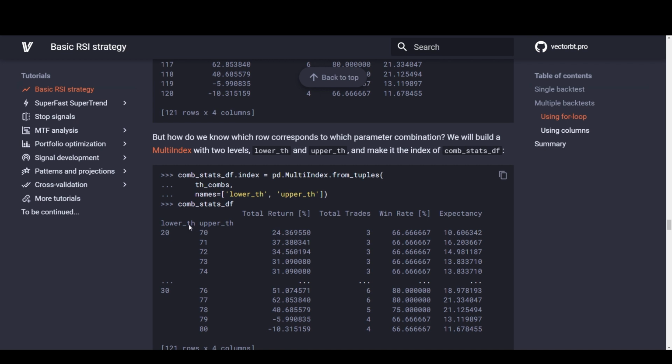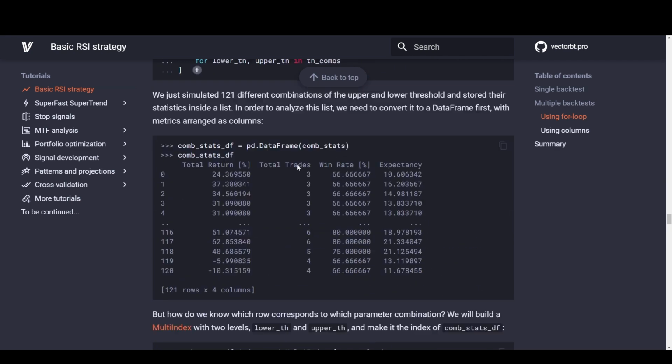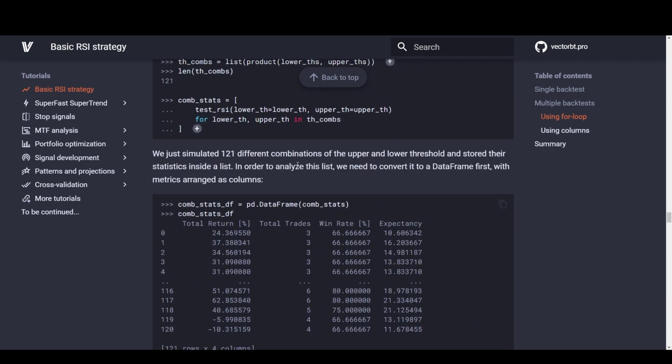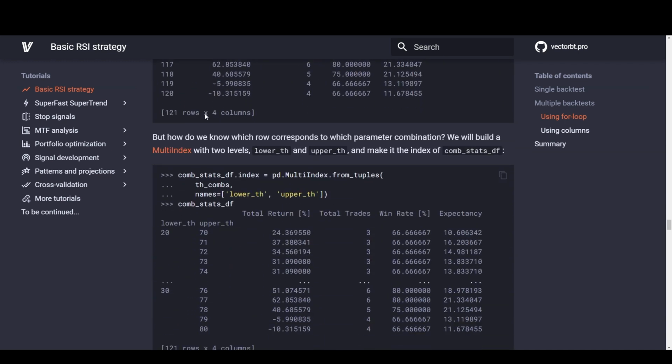I need to be able to have like a, but here we just have a list of numbers. But how do we know which row corresponds to which parameter combination?